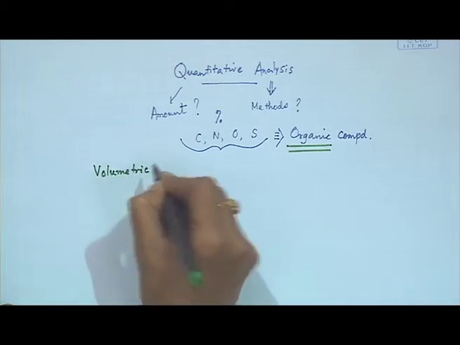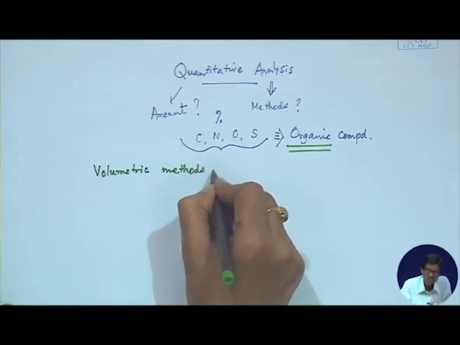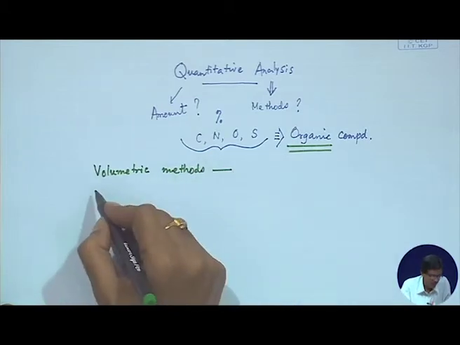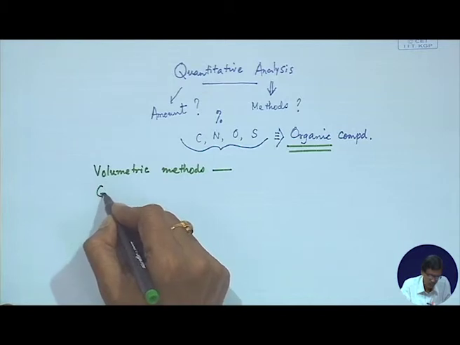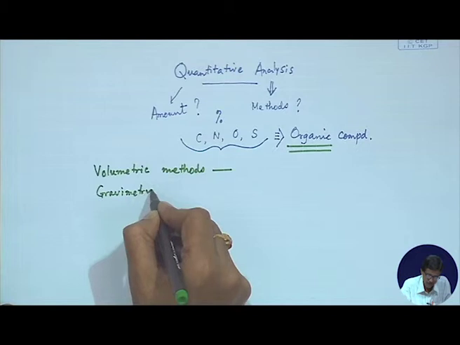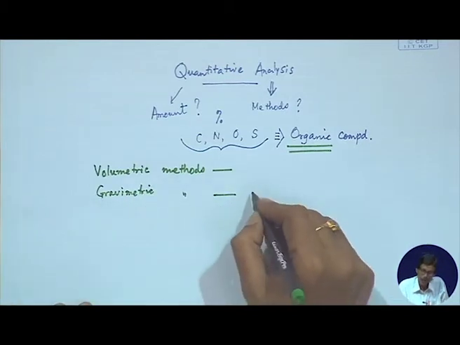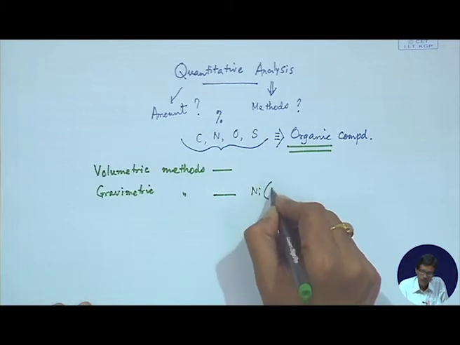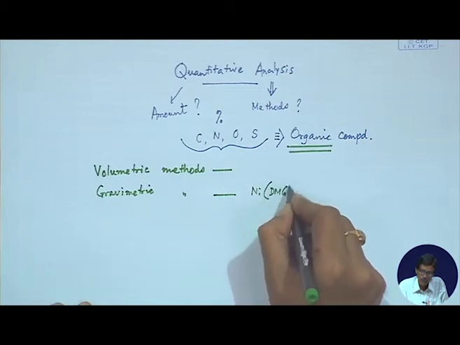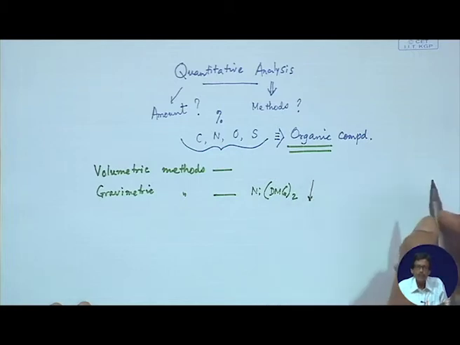volumetric methods, and then we can have the gravimetric methods. Just now, as I told you, we can have the nickel DMG complex, which is precipitating out from